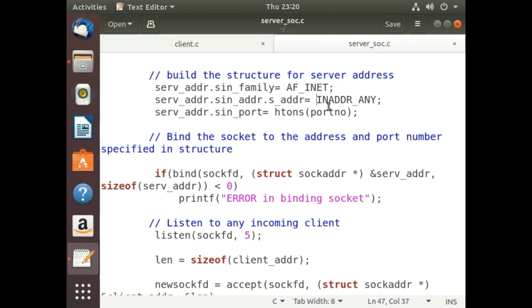This is a constant used to store any IP address assigned to the server system. If we have a dynamic setup, following the DHCP protocol, the server will have a new IP address each time it boots. That is why it is better to keep it as INADDR_ANY.